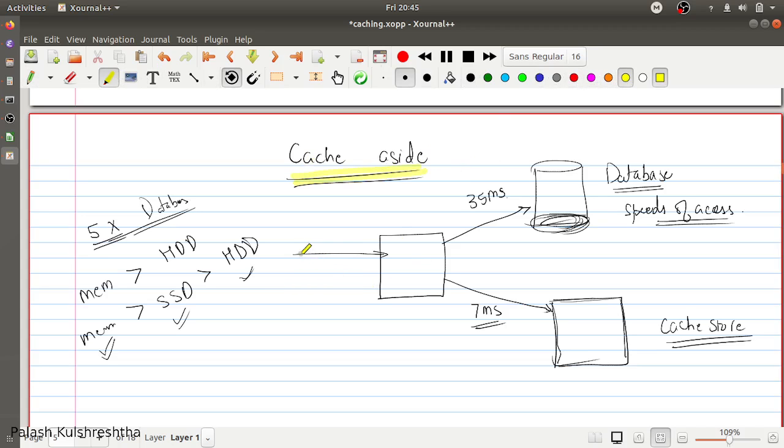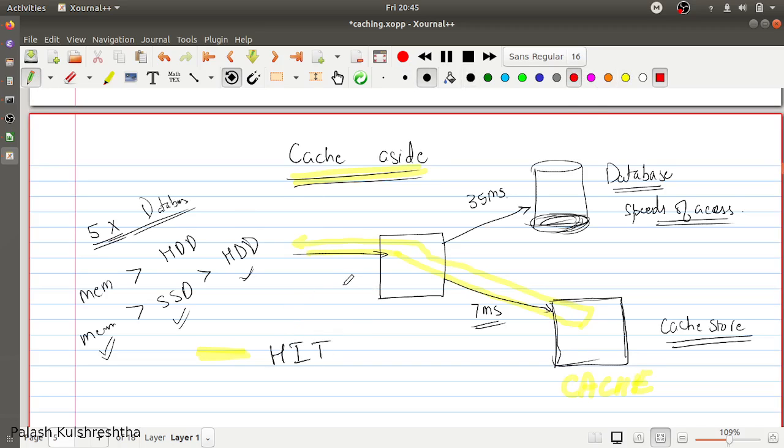Your application, on receiving a request, will first send the request to your cache. This is the cache, and if there is a hit, then it is going to send the response. So this is the cache hit. Yellow is cache hit.